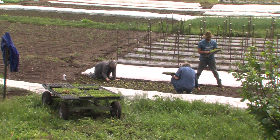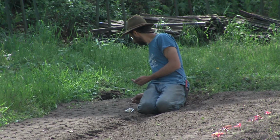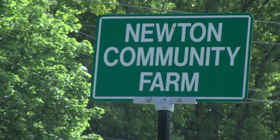Most people don't find that terribly exciting, so I try to make sure that even if you are weeding, some of your other time will be spent harvesting or planting or doing things that are, I guess, maybe more the glamorous side of farming. In addition to providing the actual produce and experience, the farm aims to educate,